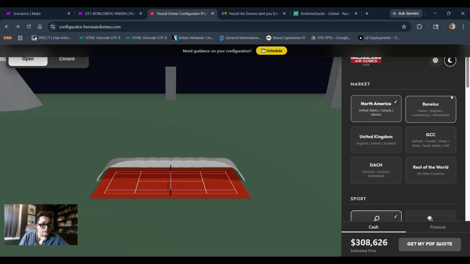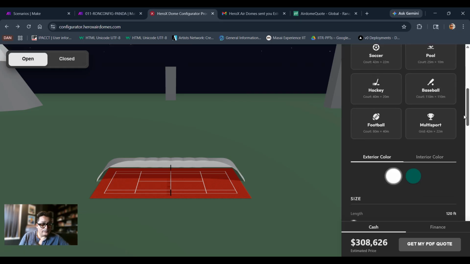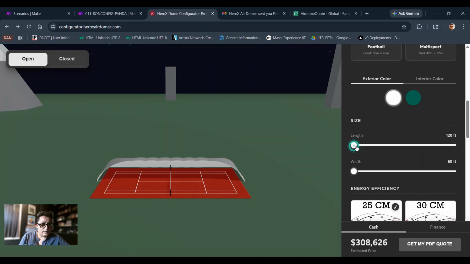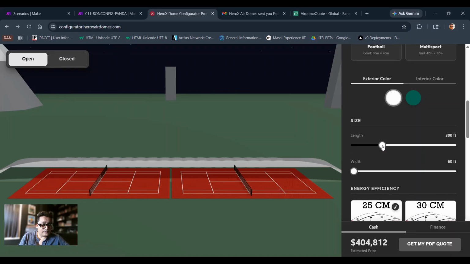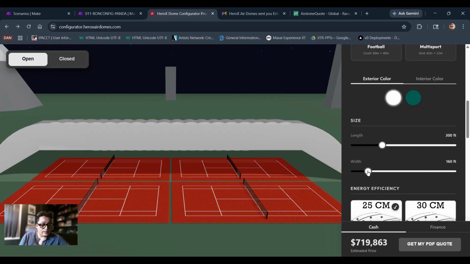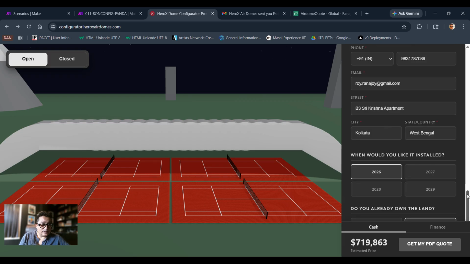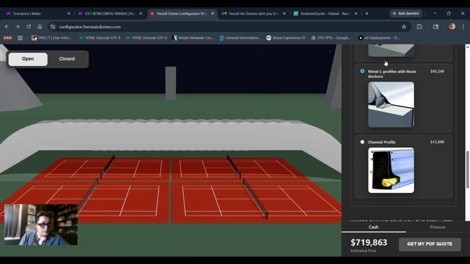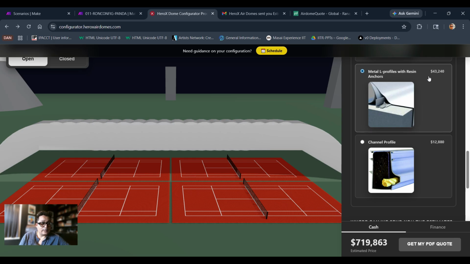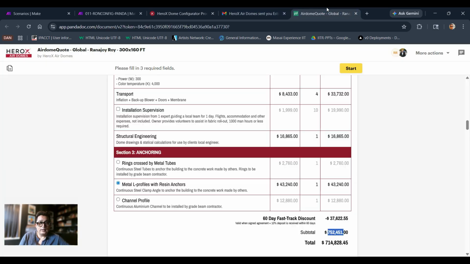If we change it to North America, and go to 300 by 160, you will see that the pricing we get for metal L profiles with resin anchors is 43,240. That's exactly what we have over here. So the dynamic pricing also comes into PandaDoc from the front end,